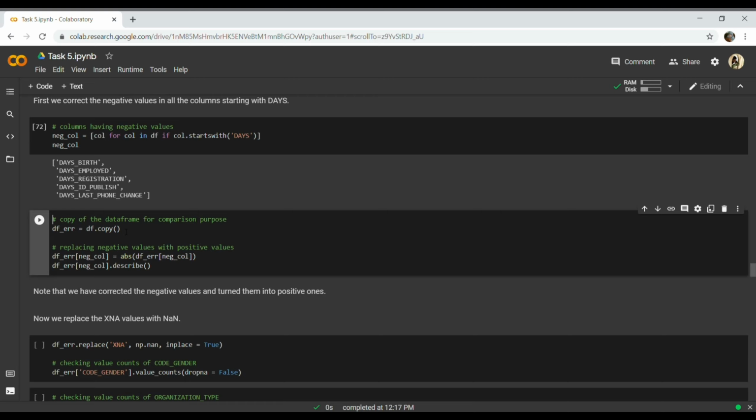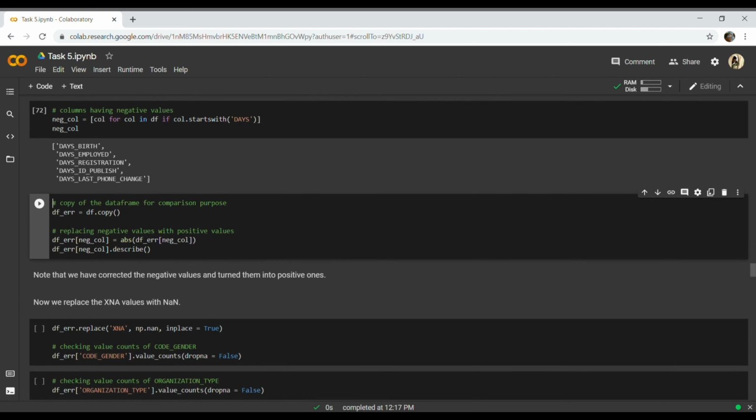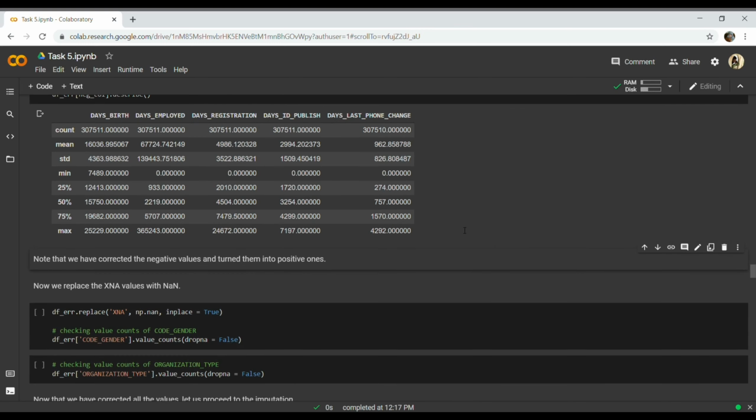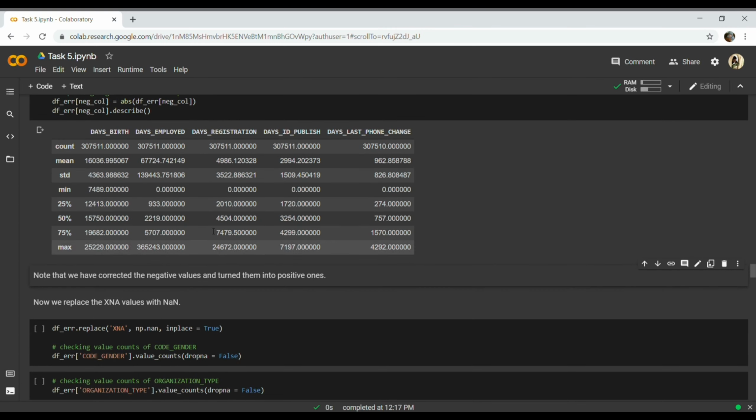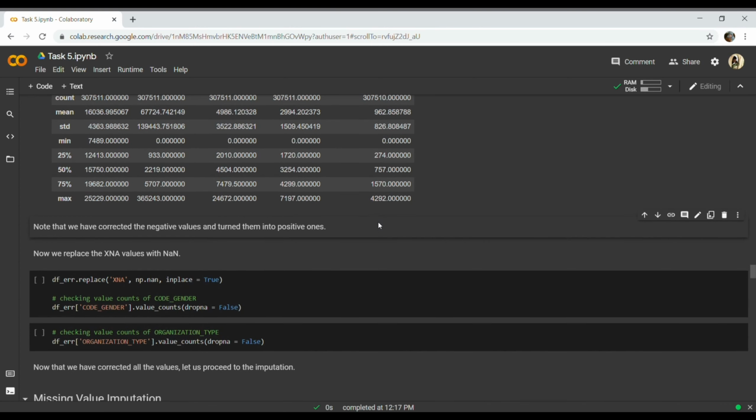So here we can see the error negative columns are equal to abs of the same. This abs function will return the absolute value of the argument. Absolute value means if it is negative, it will convert into positive. If it is positive, it will give positive only. So after that, if we see the describe function, there are no more negative values. Now that's a good one.